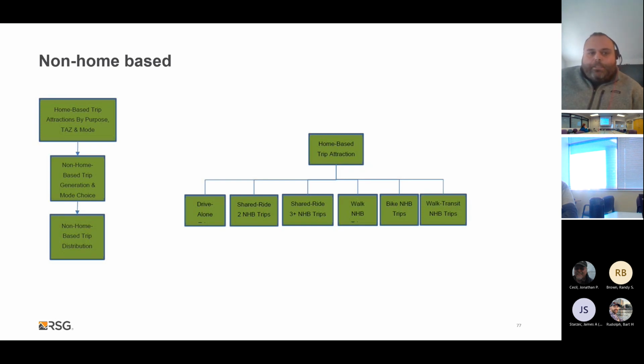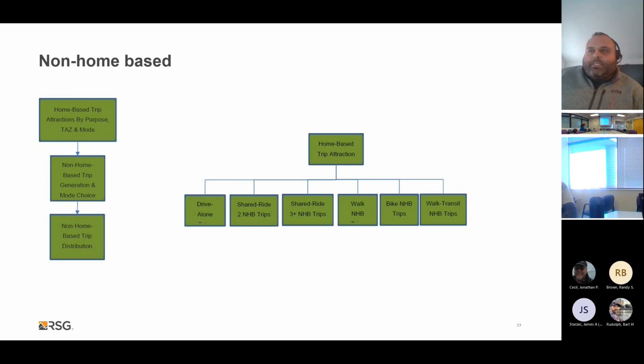If you can imagine, a home-based trip has to begin or end at home, and a non-home-based trip can either begin or end at home. So this links the non-home-based trips to the trip ends of the home-based trips, so they would actually be consistent in their tour. And this is what makes the AMATS model a hybrid trip tour based model. We're calculating trips independently of each other, but then linking them or making them consistent with the tour patterns by ensuring that where a home-based trip end is, that is the only location where non-home-based trips can occur.